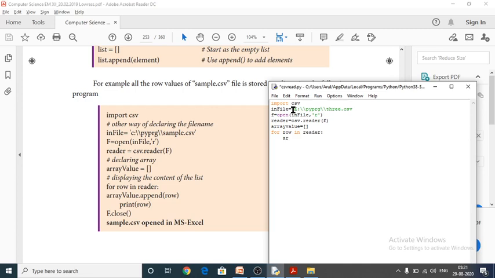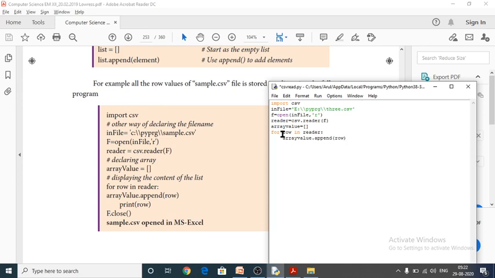and this is the important line, to store the CSV file into array value dot append, append row, because the row is a variable which I have used in for, that should be included into the variable reader, because here I have read the file 3.csv file with the help of CSV reader function, and that should be given within reader variable. That's why I have used for loop.